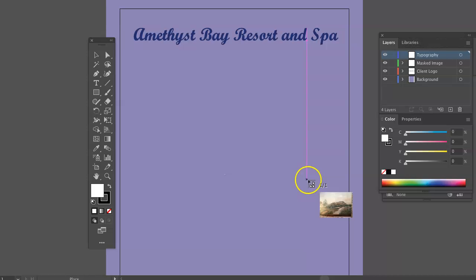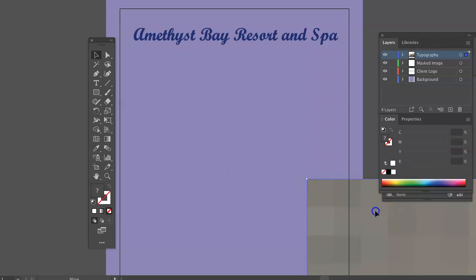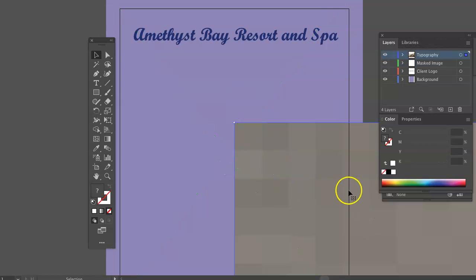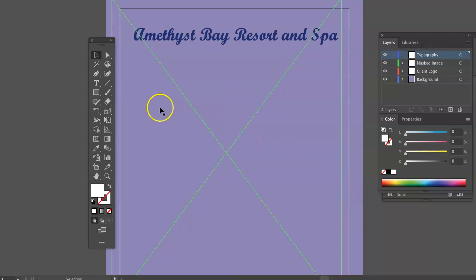And then I'm just going to place it. It's a huge image, so I'm not going to worry too much about it. Notice that a linked image has an X through it. An embedded image does not. So I'm just going to get rid of that because it's big. Now, as for placing the